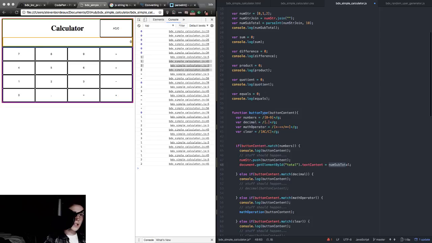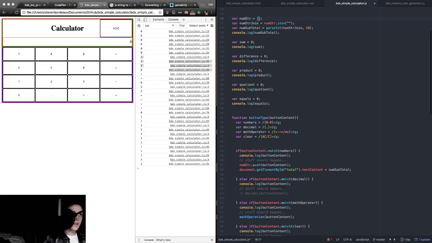before down here. We used to just have number string dot join down here. Then we changed it to number string join. Then we realized the data type was wrong as a string and not a number. So then we did parse int to turn it into a number subtotal. So let's get rid of the noise in the array right now. Save, save, save. We only added the 0 up here